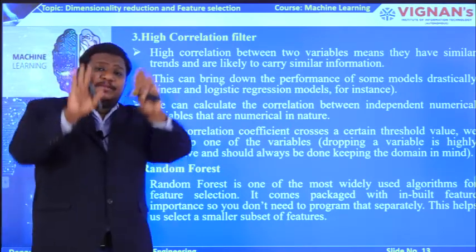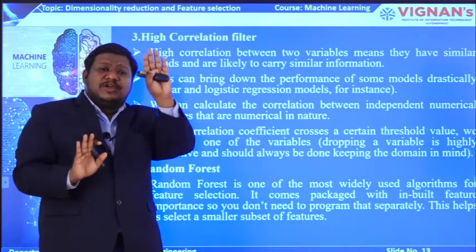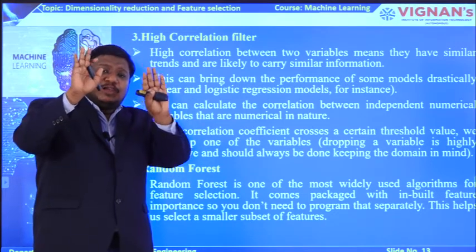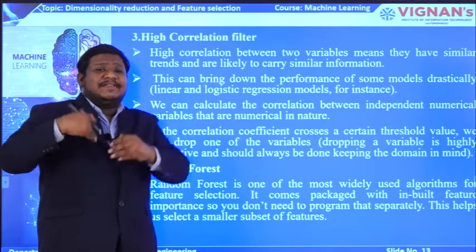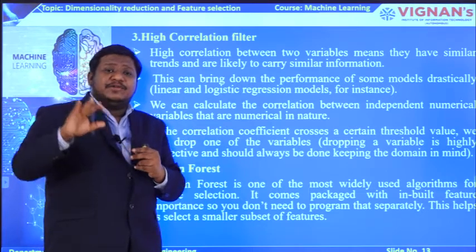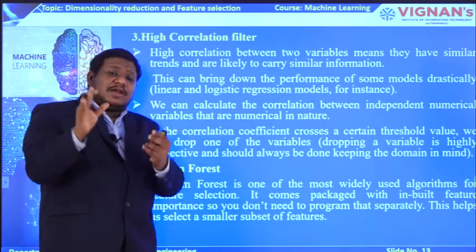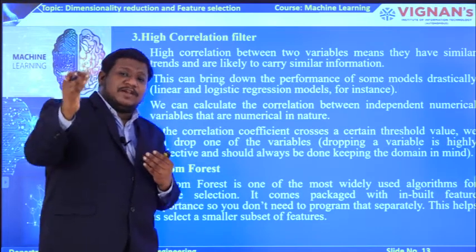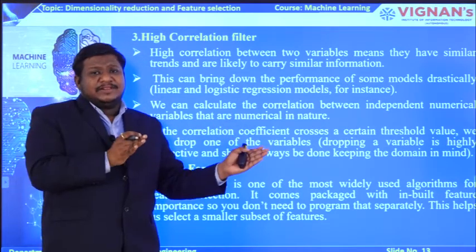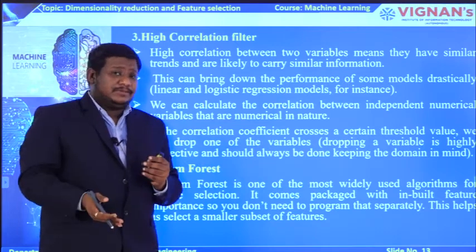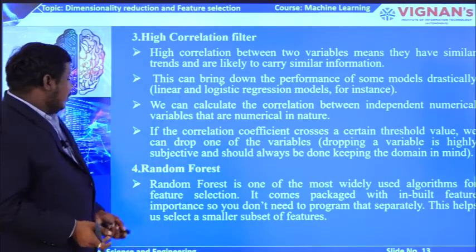So, you have two variables which are going similarly, and now you want to remove one variable. How are we going to do it? Again the same. We will fix a threshold value, and whenever the correlation is more than the threshold value, you will remove that variable. If it is less than that threshold value, you will continue with that variable. So, we will go like this in this high correlation filter.